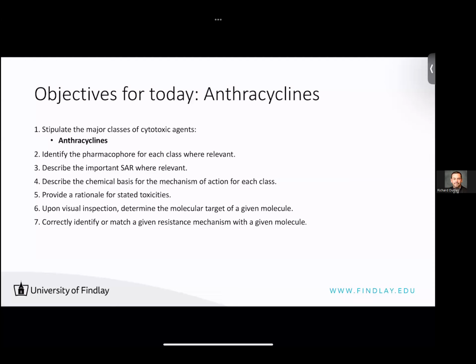So, our topic for this session is going to center on a class of drugs called the anthracyclines. This is a very important class of chemotherapy agents. One particular drug, doxorubicin, is used in a variety of different regimens to treat patients with cancer. So we'll spend a little bit of time talking about this drug, give you an overview of the class, the mechanism, and some of the toxicities to better prepare you for understanding when we start to talk about different cancers. And these objectives are going to be consistent with what we talked about for the nitrogen mustards